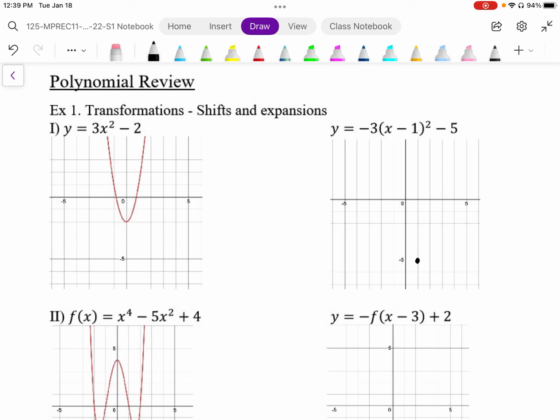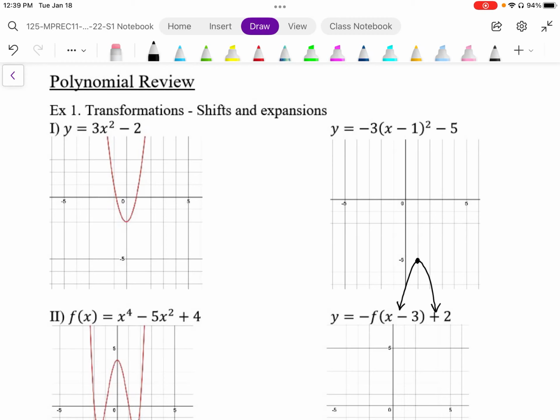In this case, it's now opening down. So I know that this is going to be a parabola facing, vertically like that, or opening down. So what is the transformation though? Okay, so when we look at the original expression, we can see that